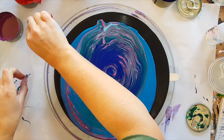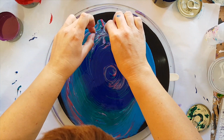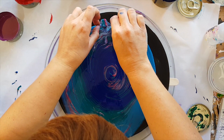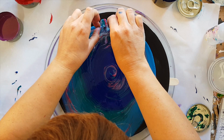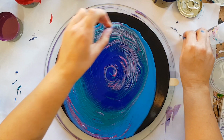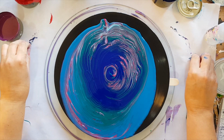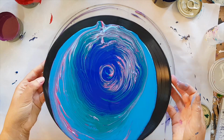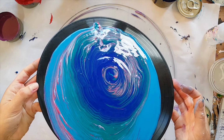And if you don't get them out when it's wet, you'll end up with big lumps on your painting afterwards. Isn't such a biggie if you are planning on resining, but if you're planning on just varnishing, they look silly. Okay, so